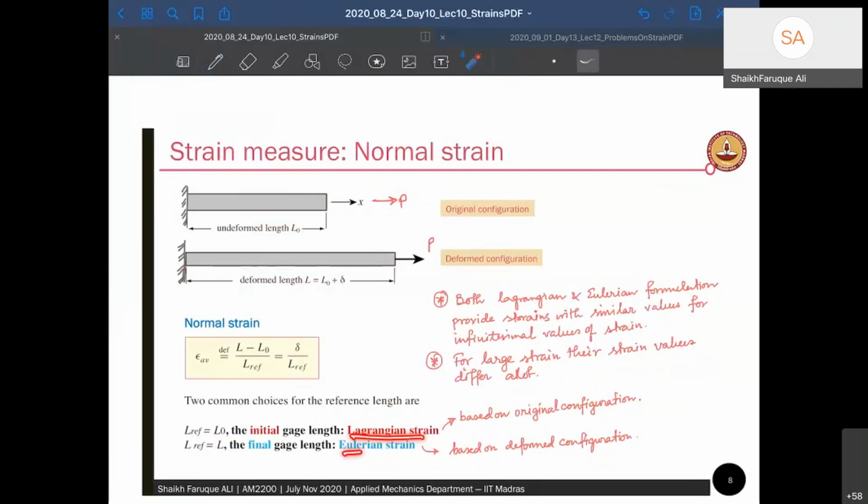I have all the ideas at the present state. So I know the present configuration, the deformed configuration. I don't have any idea about its previous configuration, maybe 1,000 years before or a million years before. Okay. So in those cases, having a Lagrangian strain is a misnomer in the sense